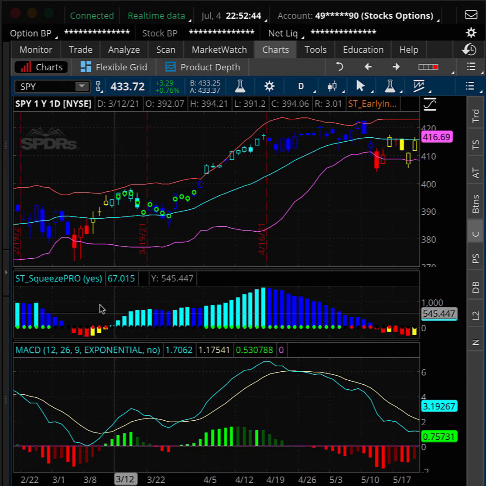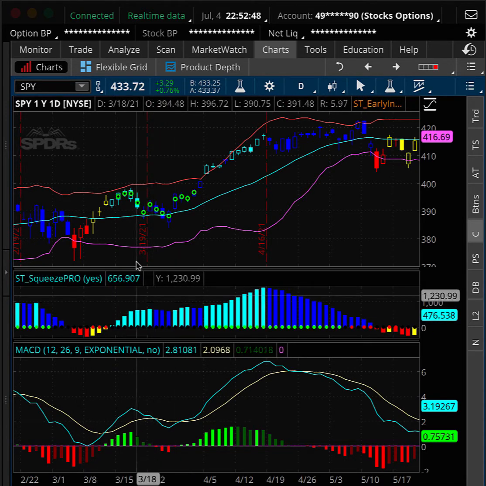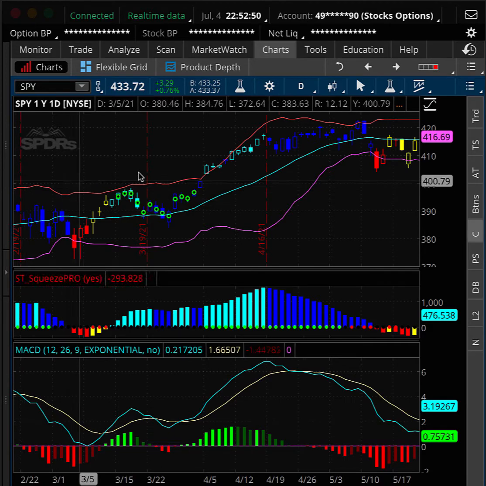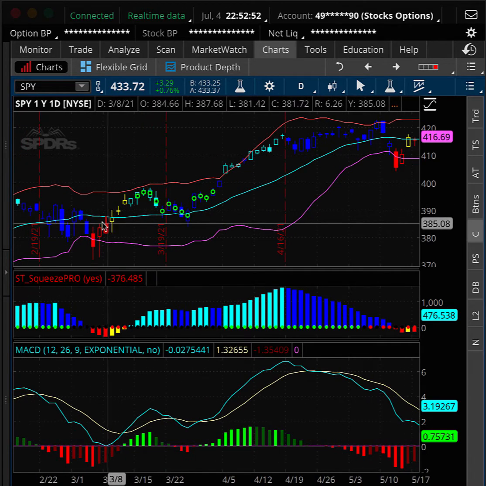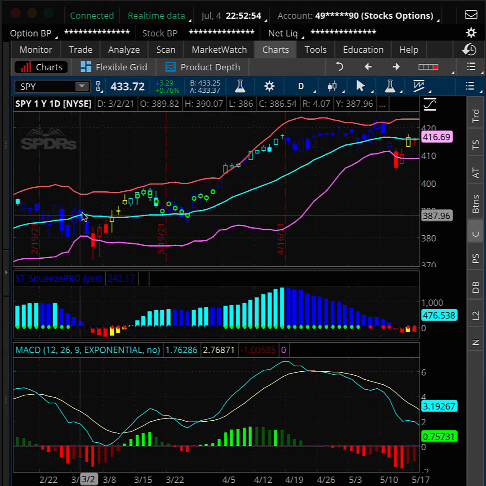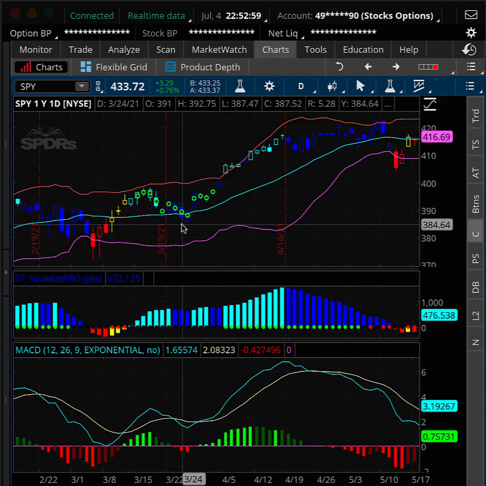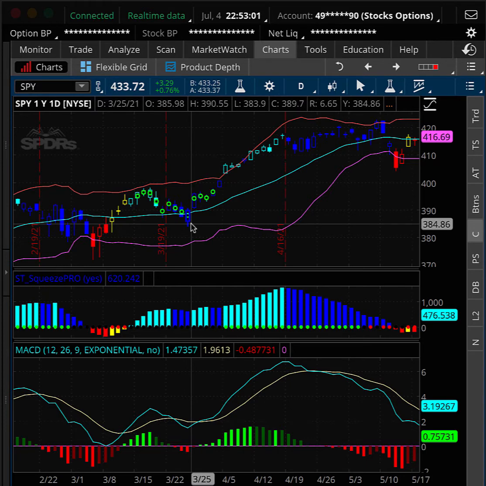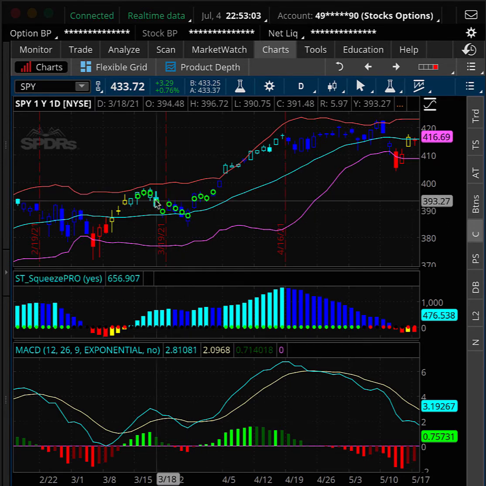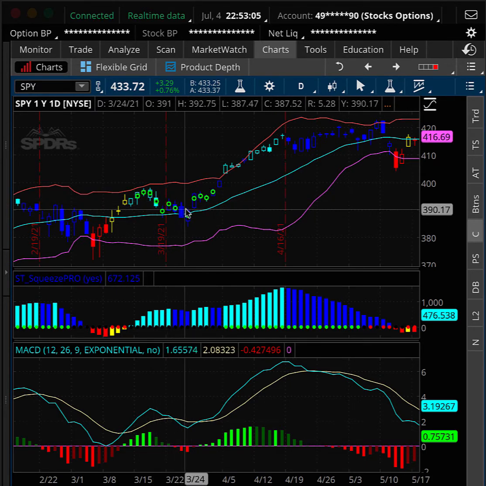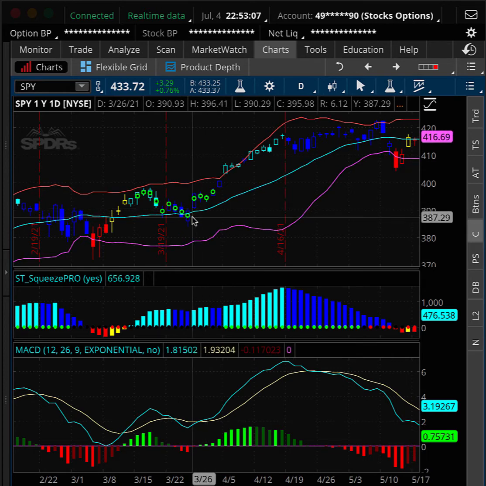But this indicator is not that. This indicator is representing areas of consolidation where there's kind of like a tug of war between buyers and sellers. People are trying to sell, but people are also willing to buy at those levels. And then what happens is you kind of run out of people who are selling, and then you get this